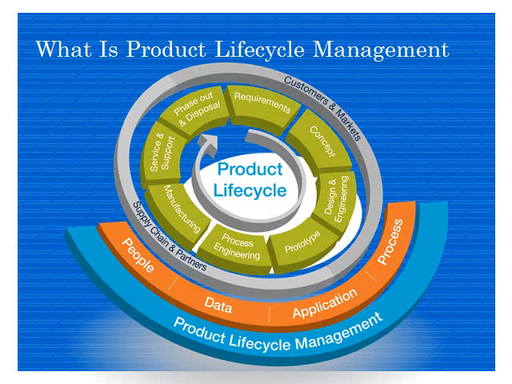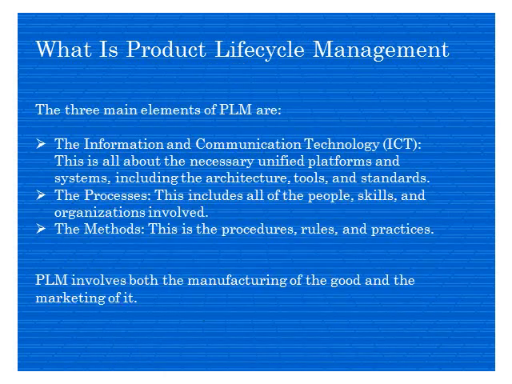And managing all those different aspects of the product life cycle, how will you manage them? You will manage them by managing people, your data, your applications and processes. And this management is called product life cycle management. So now you got the picture of what product life cycle management is. It is management of people, data, applications and processes to manage the different steps of the product life cycle. To manage those, you will be managing these things: people, data, application, process. This is called product life cycle management.